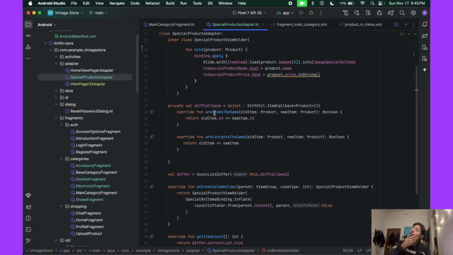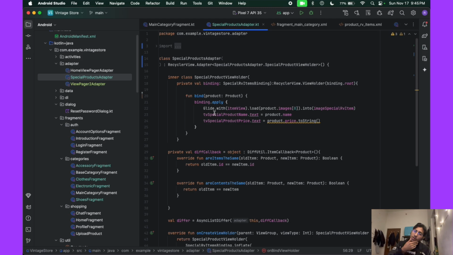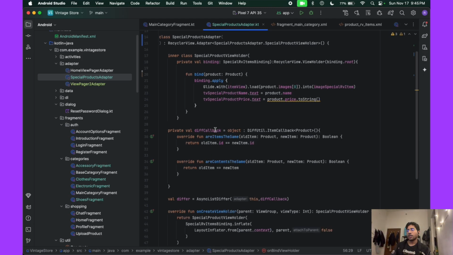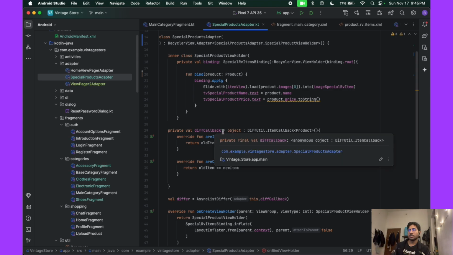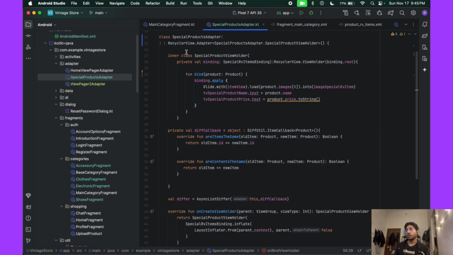So yeah, this is the adapter. I don't think you will understand if you are not developing any application in Android native. I don't think I have to explain it much. You know if you are developing Android applications. So yeah, this is the adapter, and I'm